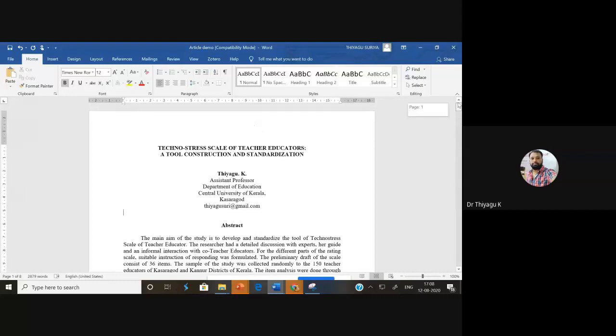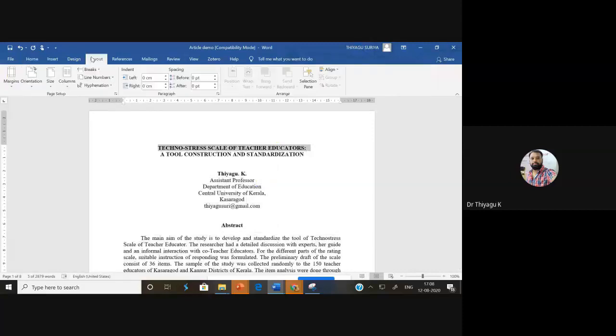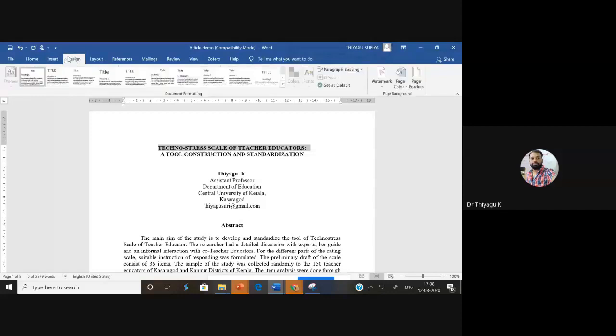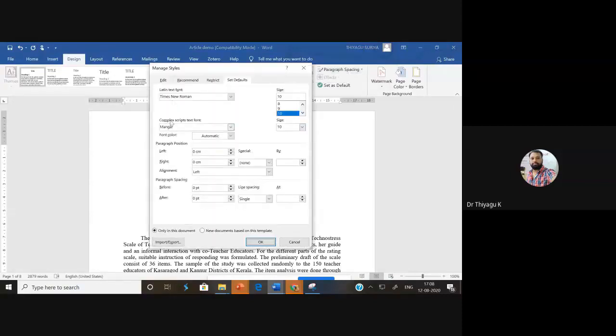So I'm once again telling how we can go with this. Control A for selection, then go with the right click and go with the paragraph. So this way we can go with this. Otherwise, you may find the paragraph option elsewhere also. See here, if you go with the Design tab, suppose you are forgetting the shortcut and don't know where the paragraph options are. One thing you do, open your file, then go with the Design tab. There is an option called paragraph spacing, then custom paragraph spacing, then immediately it comes here. So here we can change the paragraph spacing.